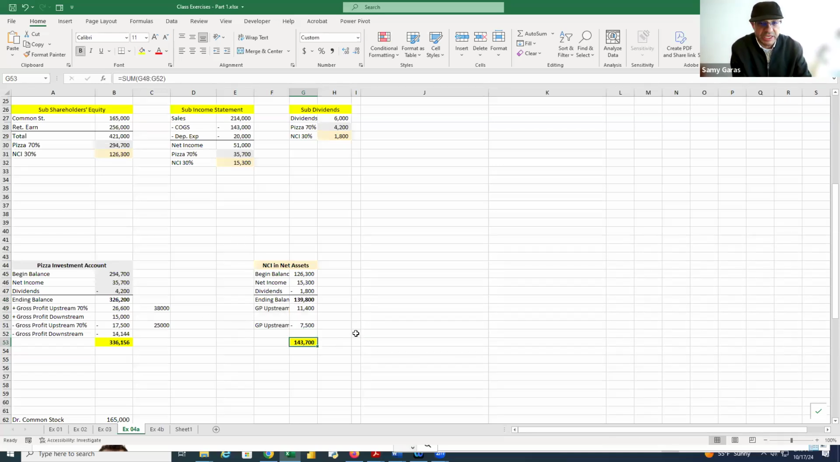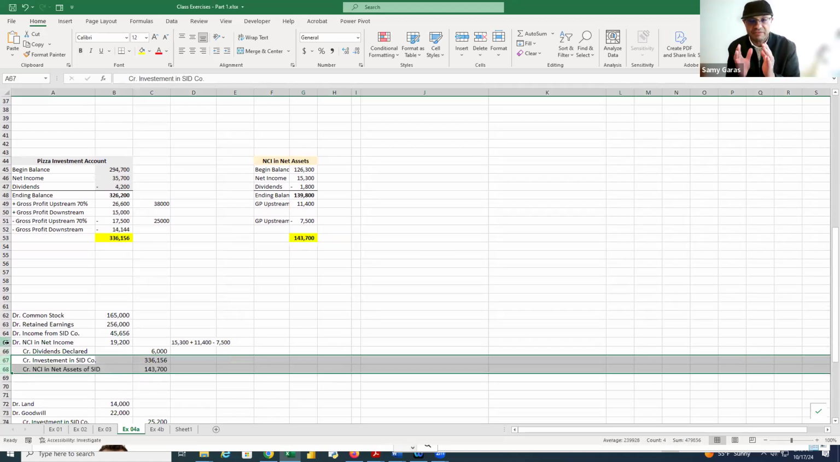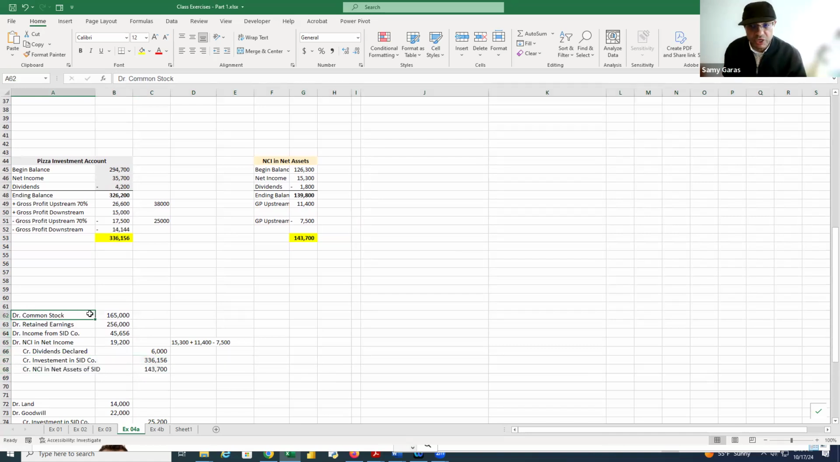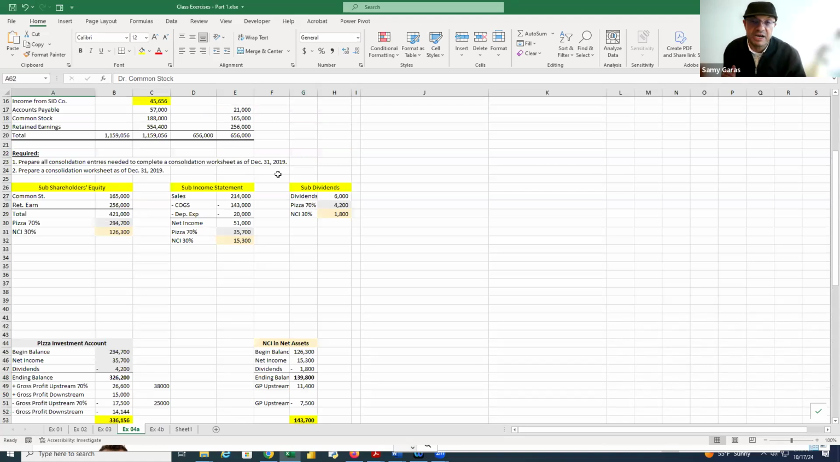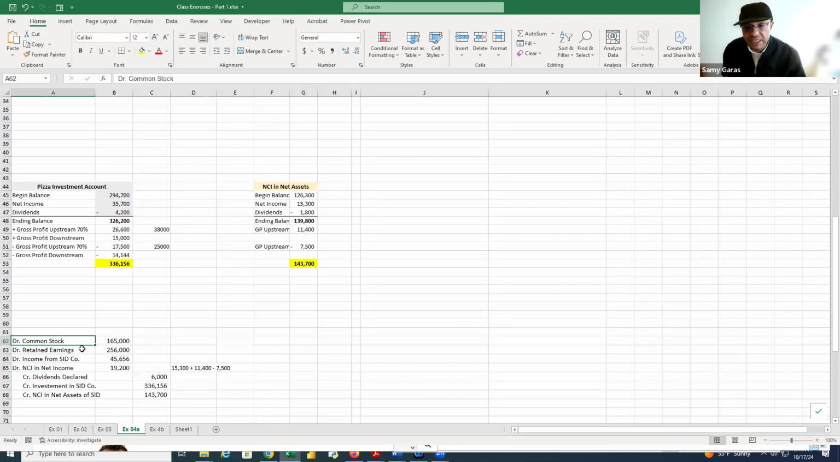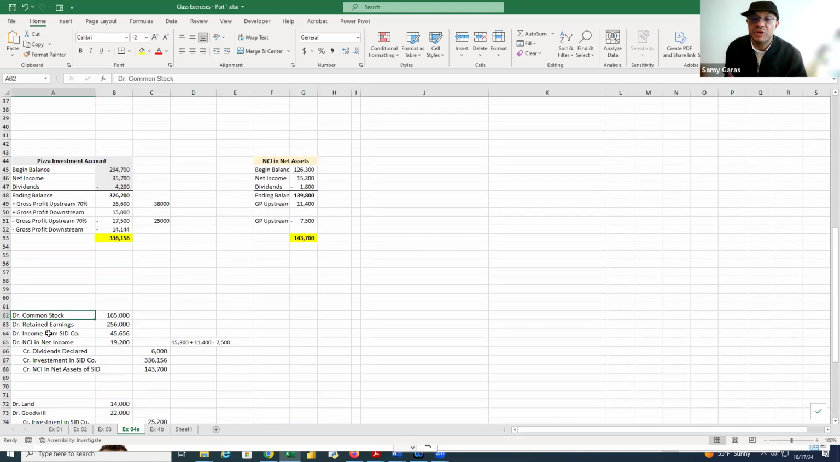We take it as we did here. We take those two amounts and put them here. So we have investment and then NCI. Now I need to complete the rest of the journal entries. So we put common stock here by the original amount, 165. Then we debit retained earnings, 256. And then we debit income,